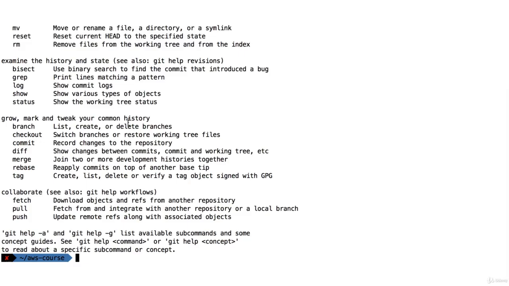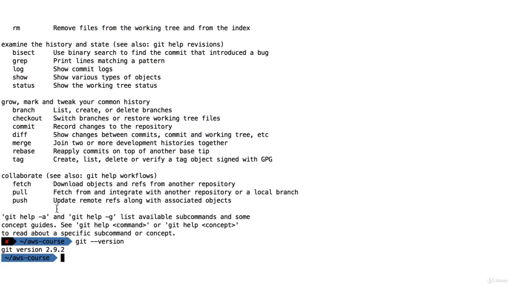Now that Git is installed for me, you can make sure of it by just typing the git command. If you do git --version, for example, it gives you the Git version. I have 2.9.2. So if you have a Git version, you're good to go with this tutorial. If not, you should just see how to install Git, such that you get the git command on your platform.